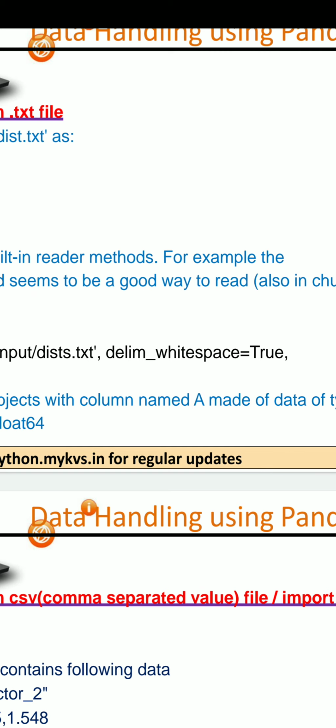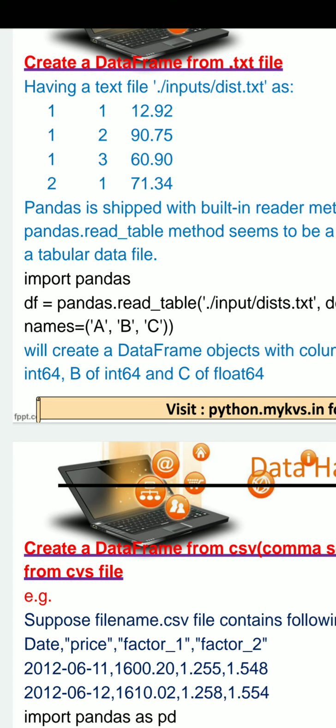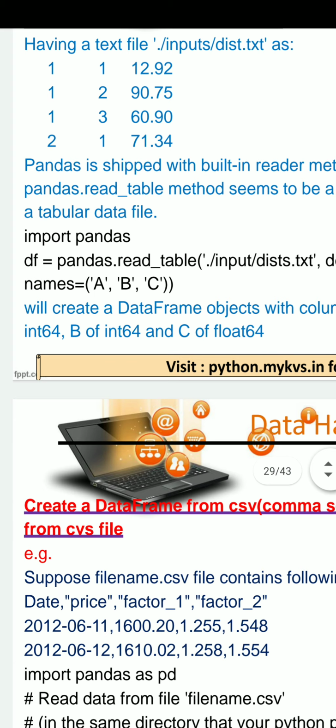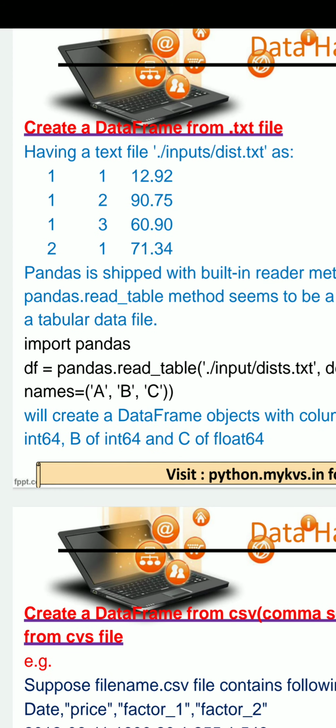Here the delimiter is white space, it means space value, and names equal ABC. There will be 3 columns ABC, and df1 will be created. If we display the value of df1, df means data frame, it will display 3 columns ABC, and the values will be 1 1 1 2, then 1 2 3 1, like that.